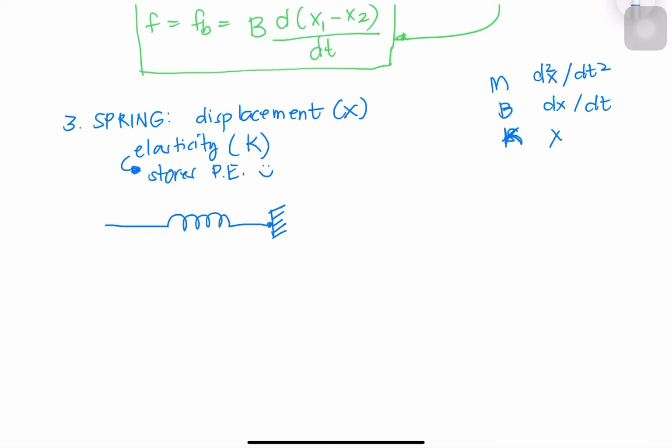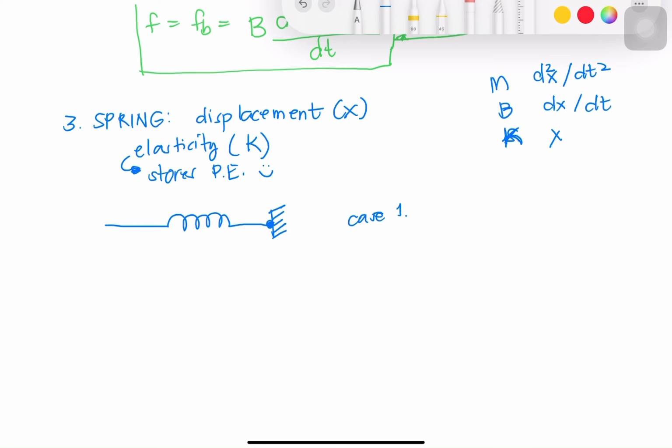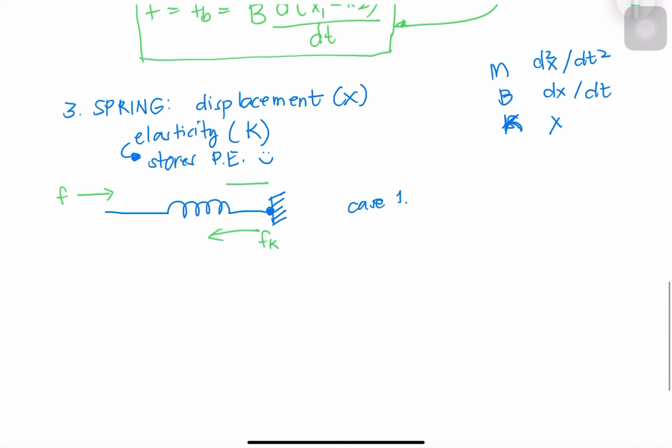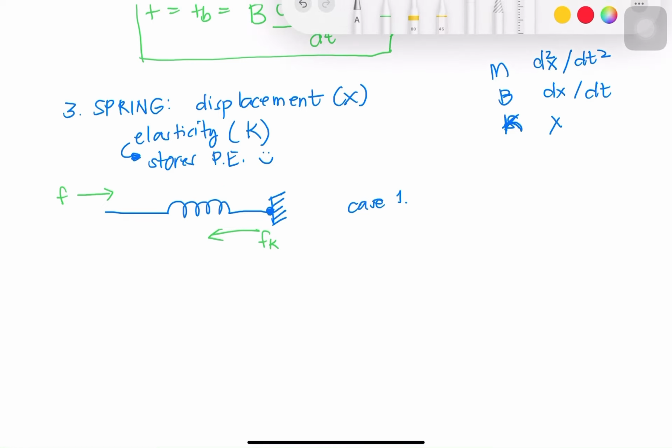So, this is the first case, again, is that it is attached to a reference. So, this is case 1. And, gaya nung sa mga kanina, we also have an external force and the opposing force, which is due to elasticity. So, we denote it as Fk. We also have here, the displacement